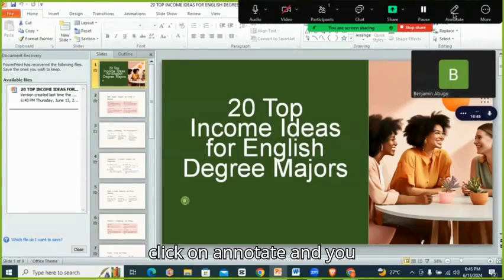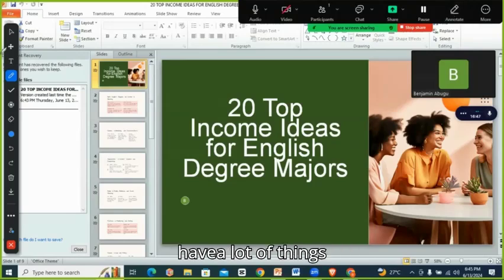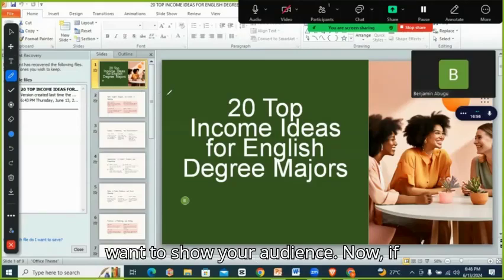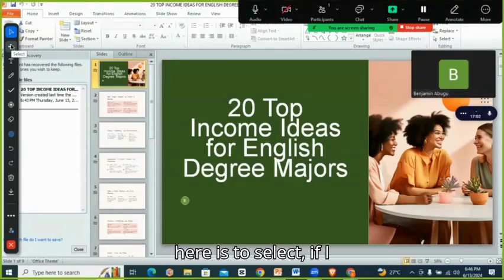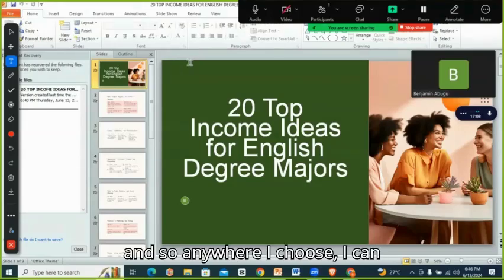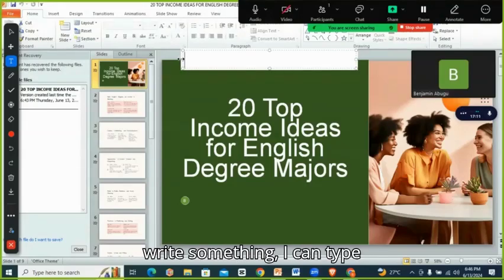So click on annotate, and you have a lot of things that you can pick from to demonstrate any idea you want to show your audience. Now, if I click here, I am using the mouse. Here is to select. If I click on T, it is the text. And so anywhere I choose, I can write something. I can type something. For example,